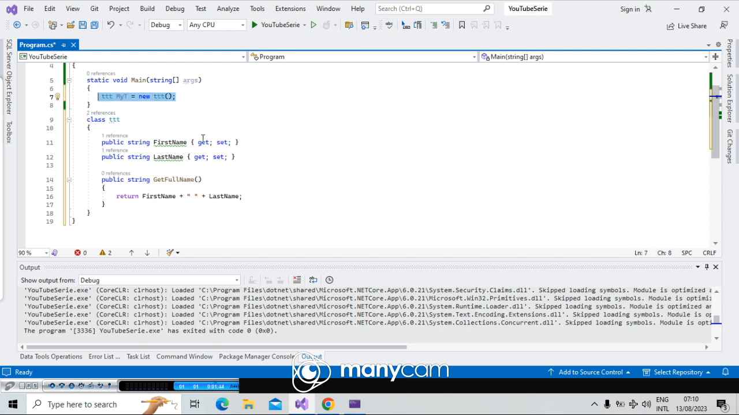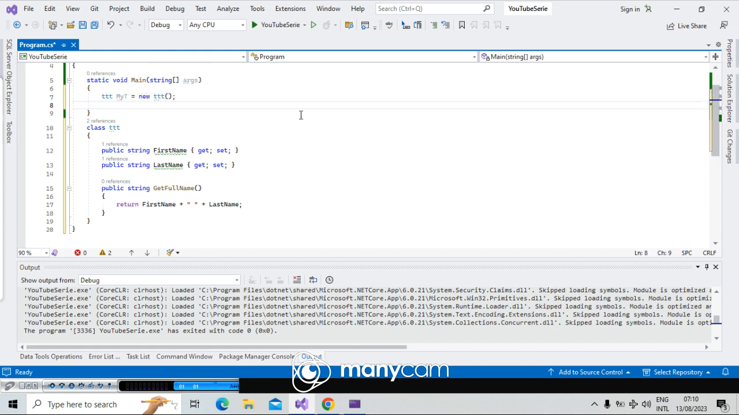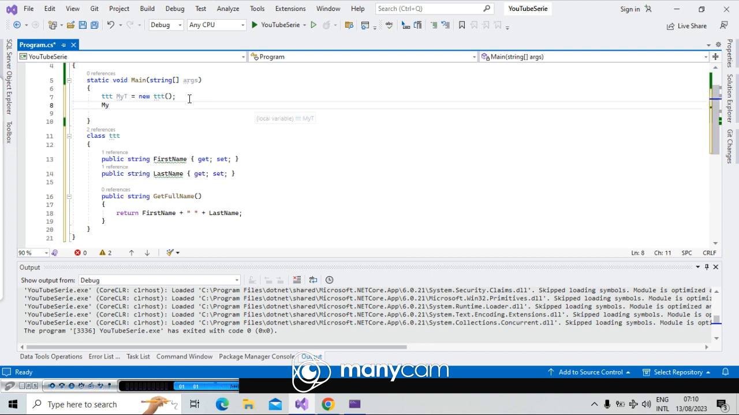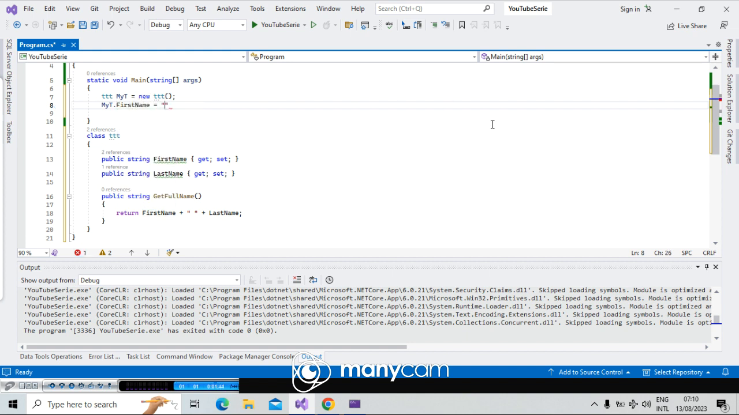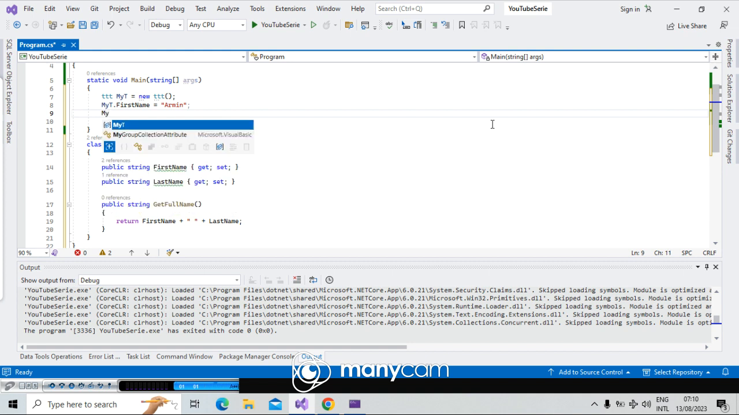Now you say to me, Sami, there is no constructor. What I'm doing here, I say when I make an object, I have a variable here which is now an object of that class. Now I say again my T, which is this one, dot. When I say dot, I get access to all data. First name is equal to Armin, for example,